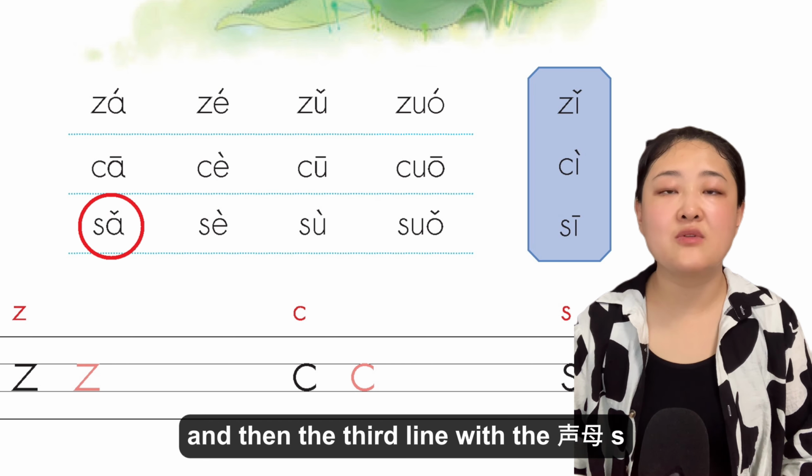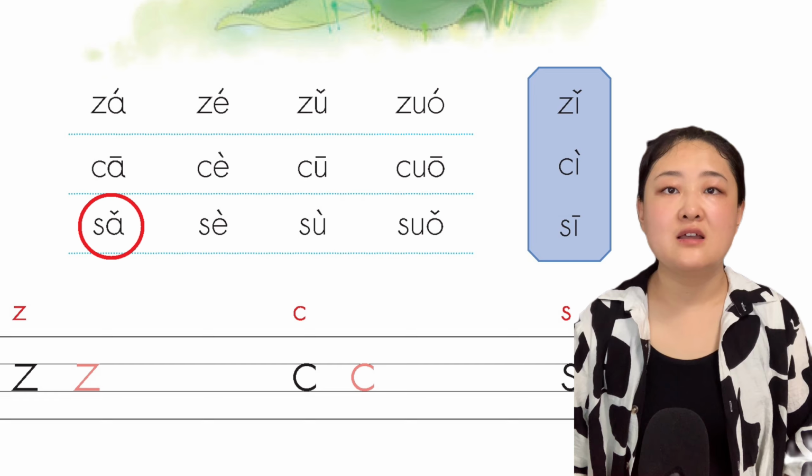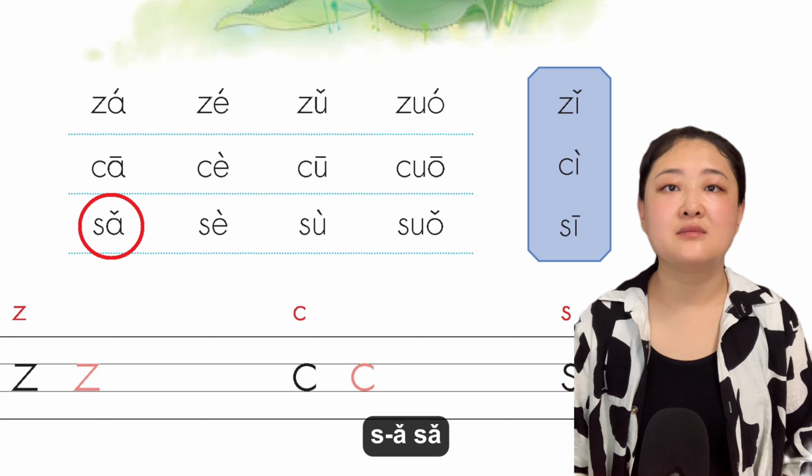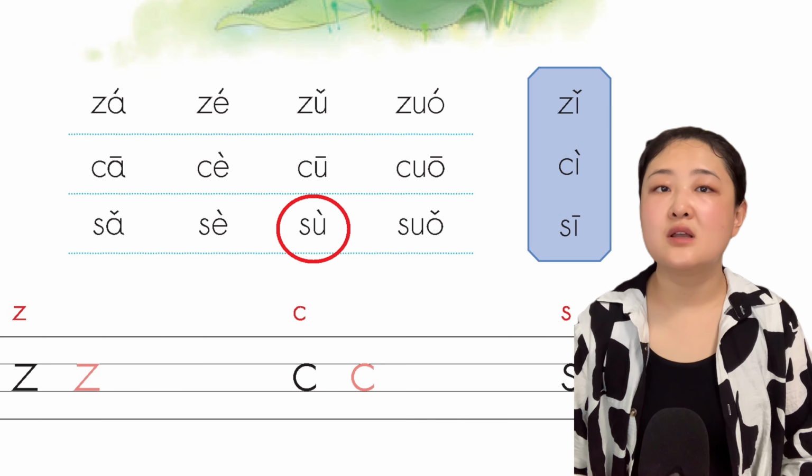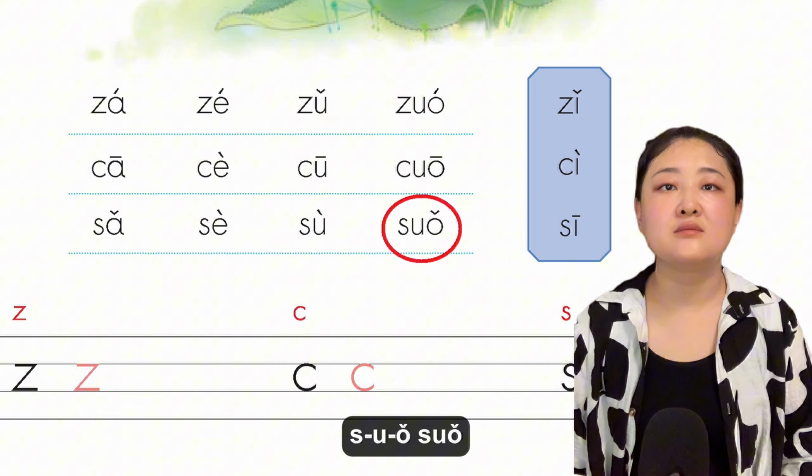And then the third line with 声母 s. 撒 撒 死色 死色 死素 死素 私我所 私我所